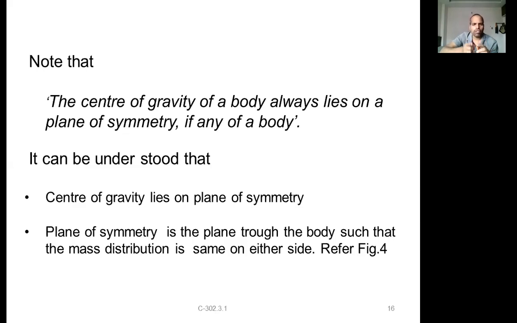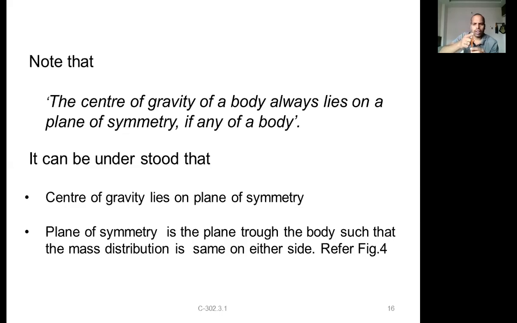Similarly, if you cut it into two halves in the vertical direction, it is also circular. If you cut in any direction, you will get symmetry only, symmetry about any of the axes. If you cut it in half, again it will pass through the midpoint, at the center of the diameter, the center of your circle, the center of this body.